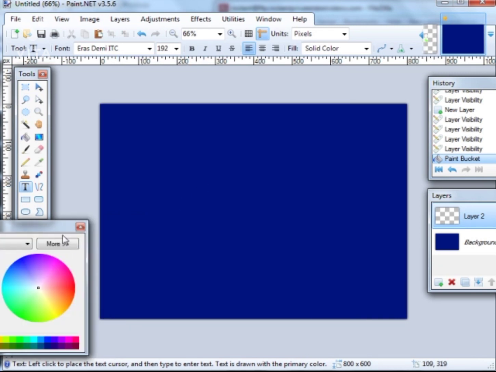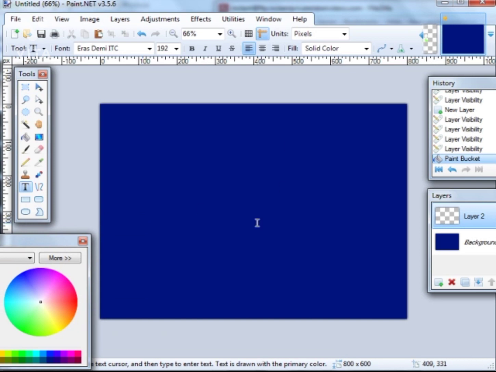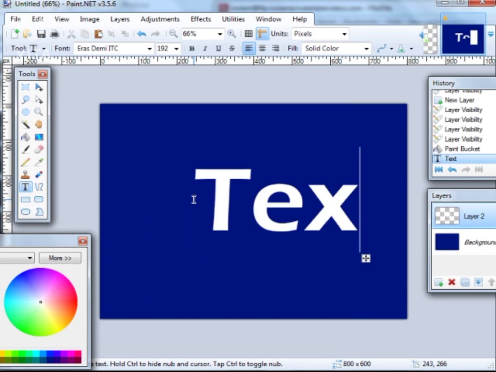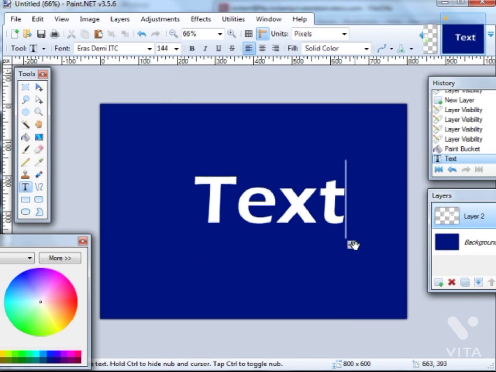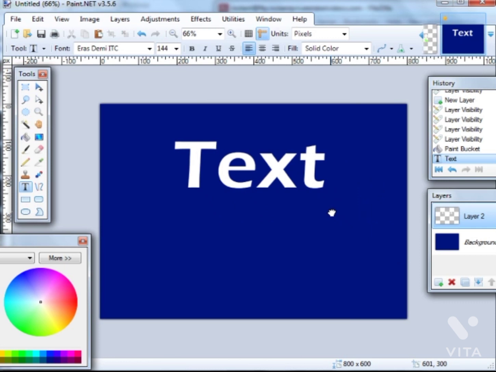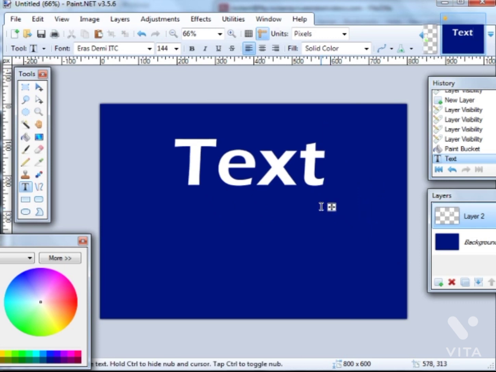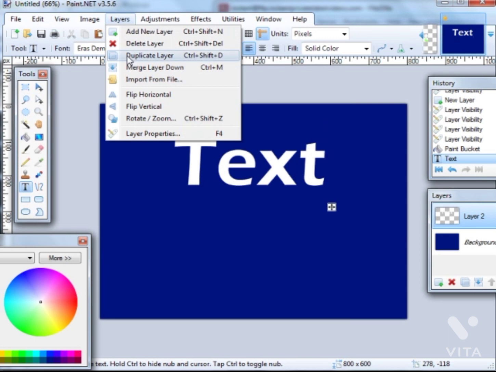I'm going to move this to the side so that you can see this area here. Click on text, click here, and then add the text. And then, of course, move that to the location. Now, because we're dealing with a mirror effect, I'm going to make this a little smaller because there are going to be 2 layers involved. So I'm going to move this to the very top, and then that's all we've done. Now, remember how I talked about the mirror is like a second layer, but it's basically like a duplicate layer. So as long as this is checked, all you have to do is go to layers and click on duplicate layer,